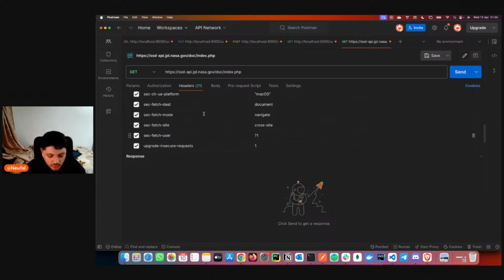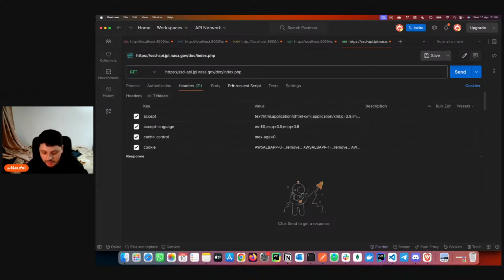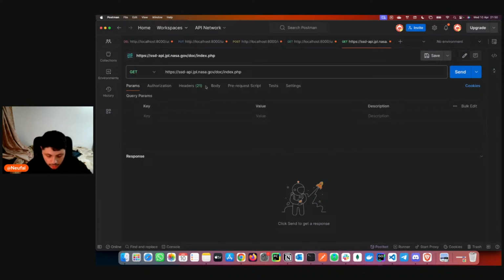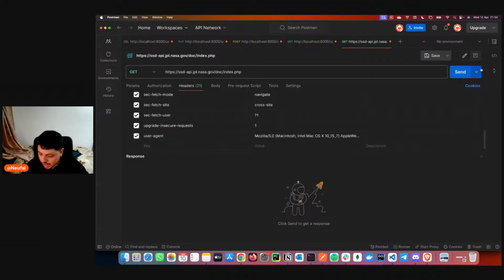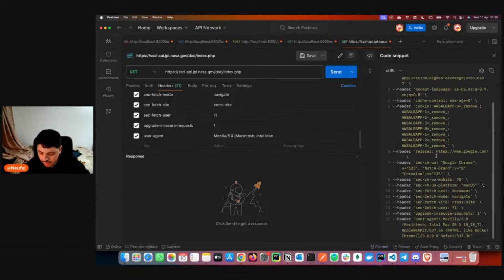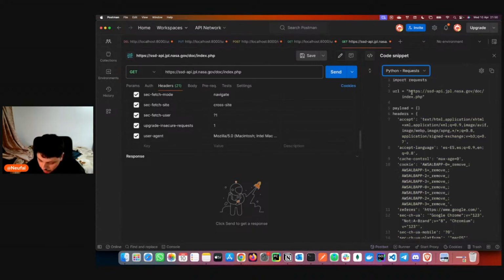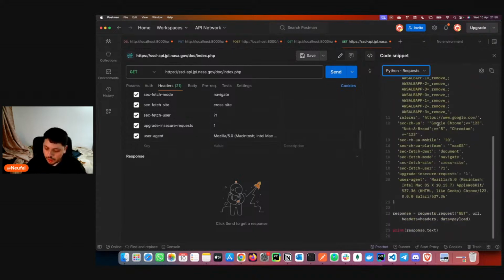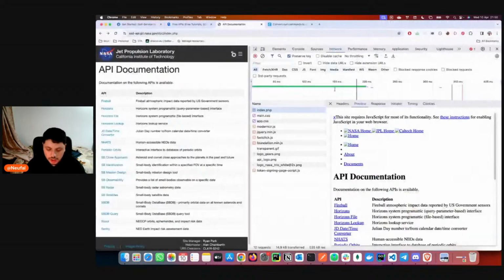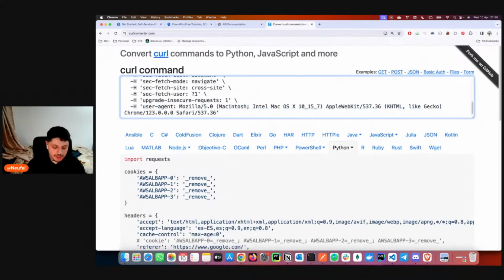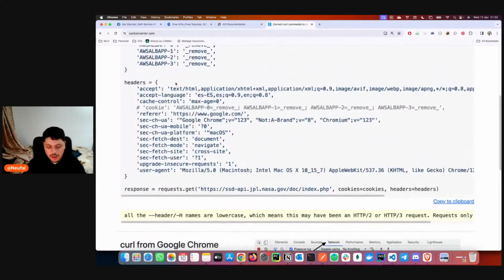It just turns this huge curl into different pieces. That's amazing. So you get all the different pieces put here: the parameters, which in this case we don't have, and the headers. And if you go here again, you can have the curl code or the Python code. So you can just get the Python code, paste it in your Python program, and make the request. It's pretty easy. And if you don't like this tool, you can use this one. Basically it's the same that we've used, and you have the headers and the response.